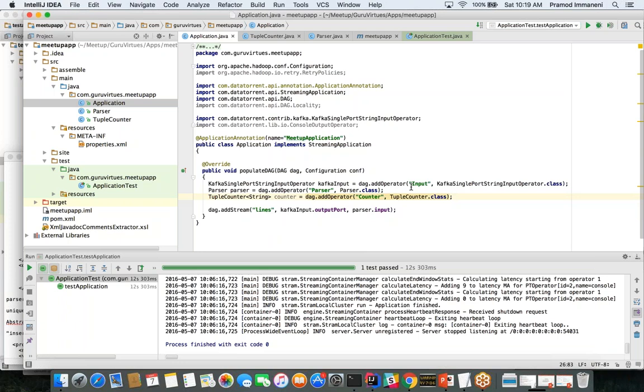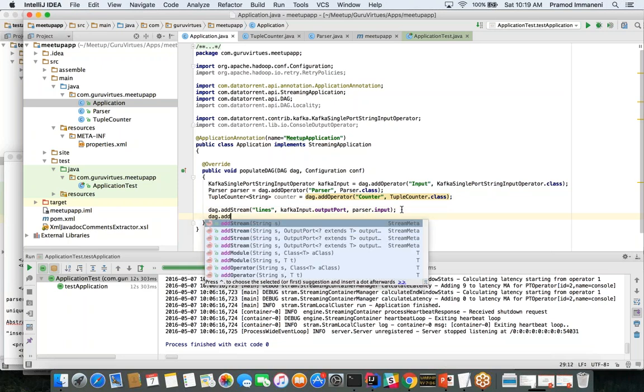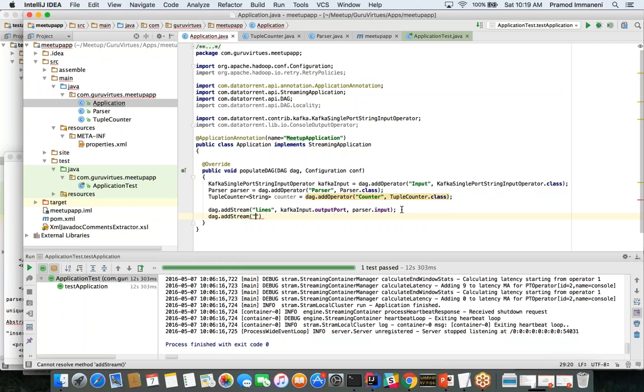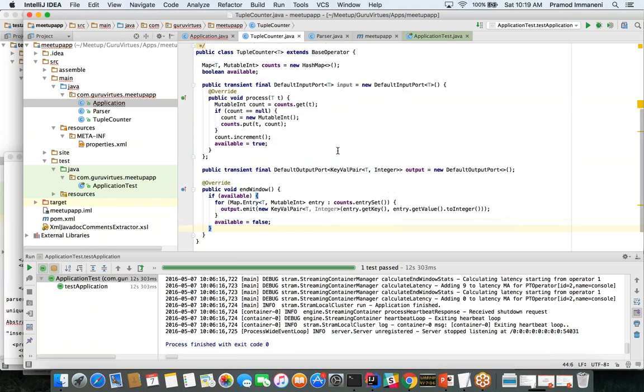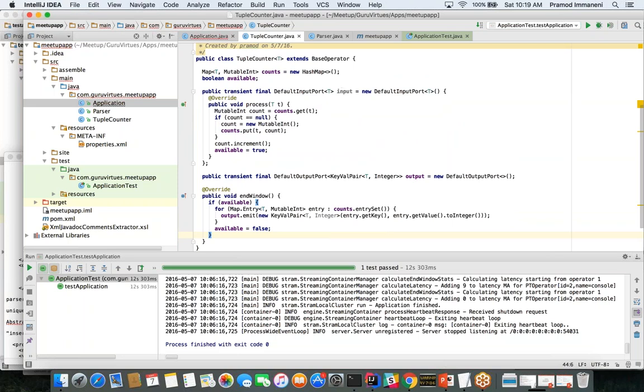So somebody asked me, do the ports have to be marked public? Why? Because we are basically using it here to refer to them when creating the streams. So here I'm going to create the next stream, which is connecting the parser to the counter. The parser is sending us words, so I'm just going to call it words. Take the output of the parser, the output port that we defined in the parser earlier, right? And I'm going to connect it to the input port of the counter,